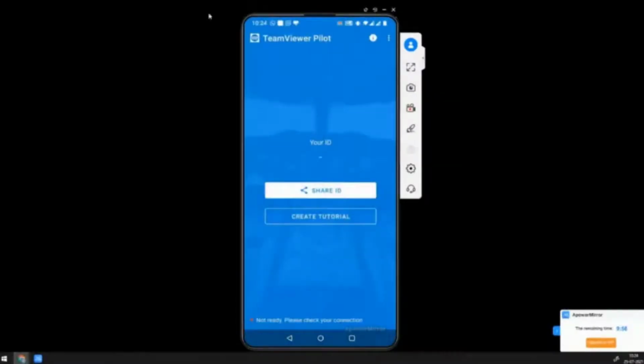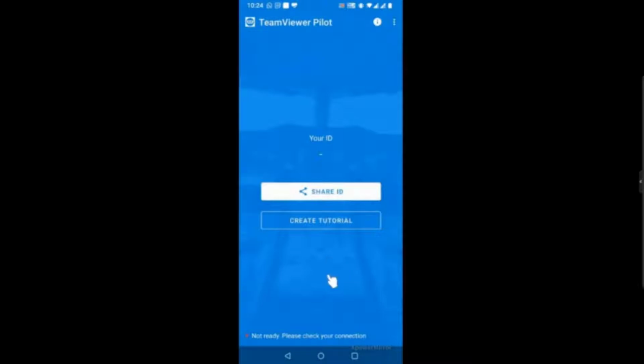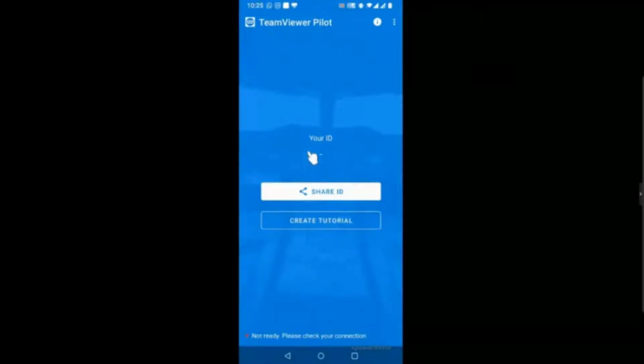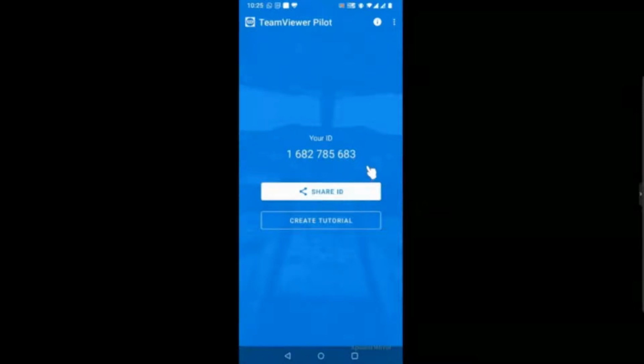Okay, so this is my phone screen, and this is how TeamViewer Pilot would open up. Let the internet be connected. It is showing not ready yet. As soon as the connection is ready, we would see an ID over here. And then I would request a volunteer, Preeti, to call me on this. Let me just connect it, one second. Normally you just need to open TeamViewer, add this as the partner ID and dial. And we'll keep ourselves muted on the call.